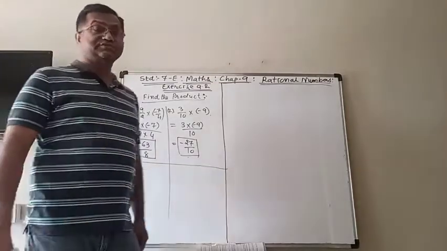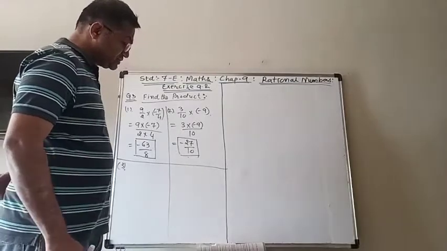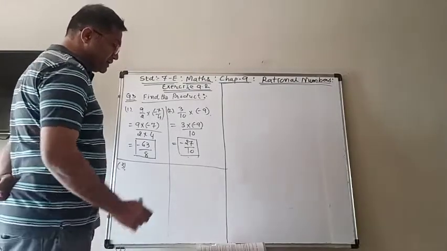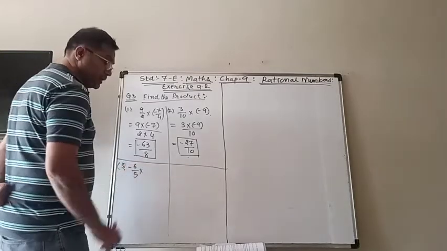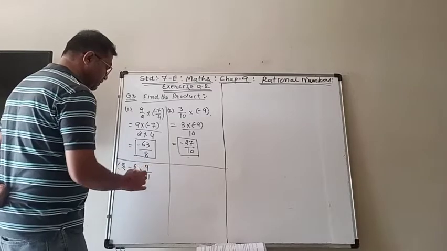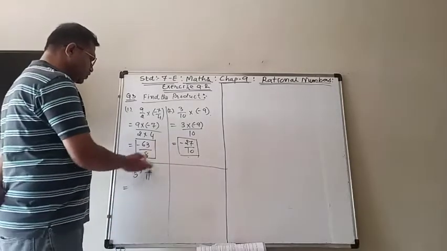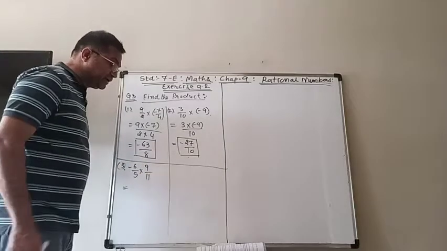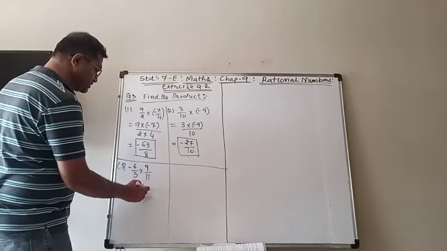Let's take the third one. Third one is minus 6 upon 5 multiplied by 9 upon 11. Here also there are no common factors in the numerator and denominator. So it is equal to minus 6